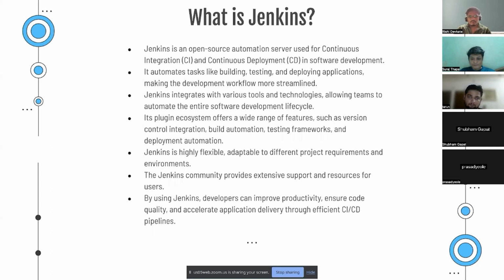So we are using Jenkins to deploy our React project on the server, and basically we are using the AWS EC2 service to deploy the project. But Jenkins is a plugin in that ecosystem, so we are using it also. Jenkins is highly flexible and adaptable to different projects, requirements, and environments. So we can use Jenkins in all languages and projects to deploy our project